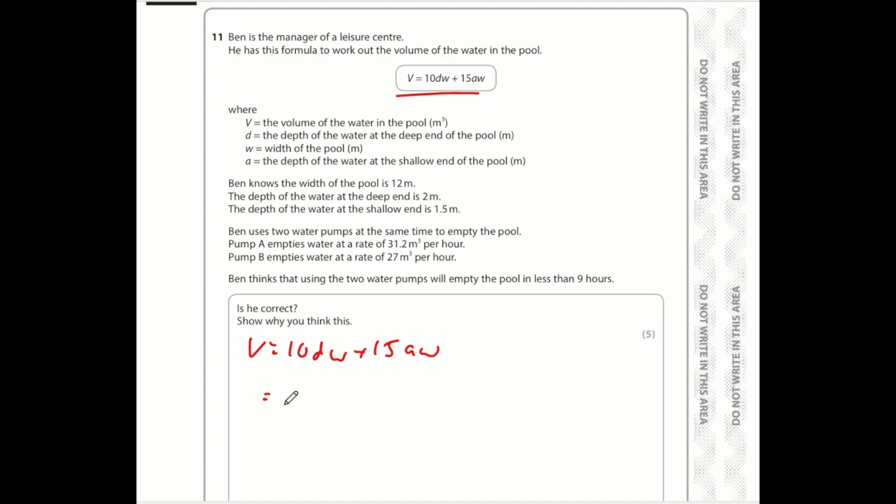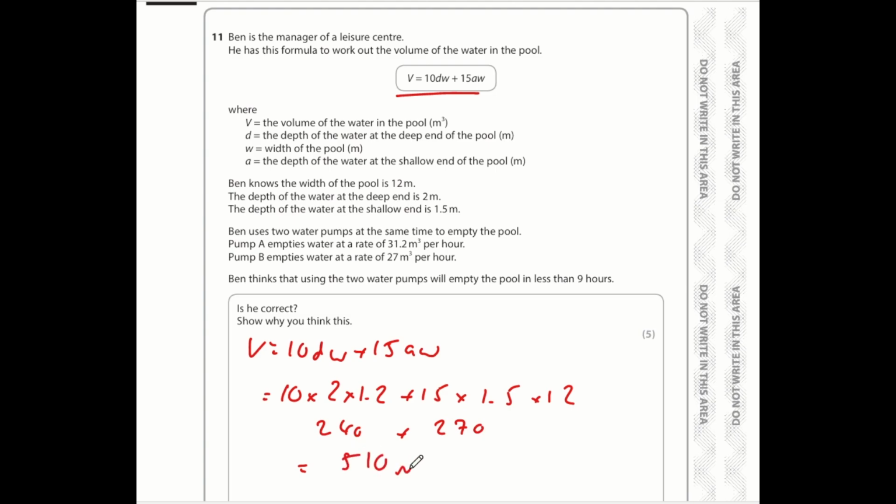Now 10dW means 10 times D times W, so 10 times the depth at the deep end is 2, and the width is 1.2, plus 15 multiplied by A, which is the depth in the shallow end. 15 times 1.5 times by 12, so that comes to 240 plus 270,